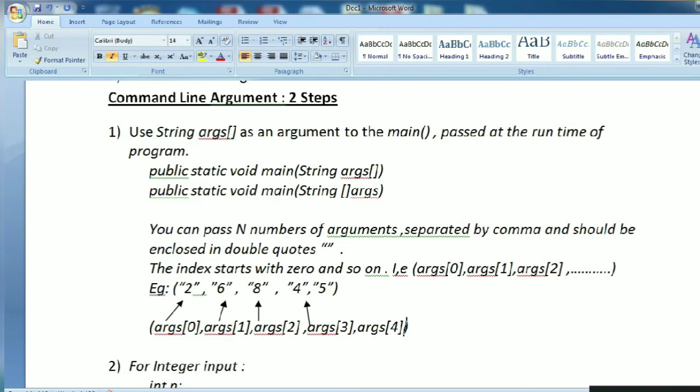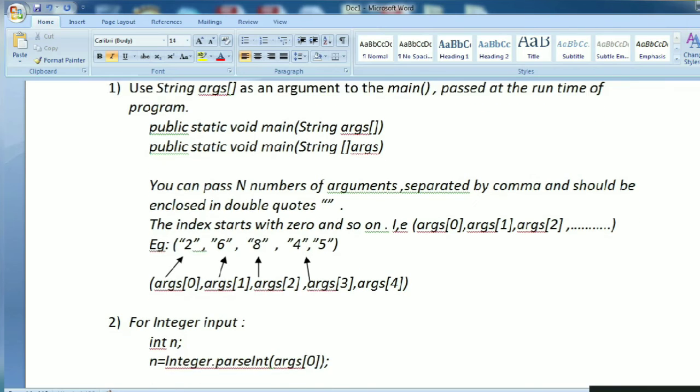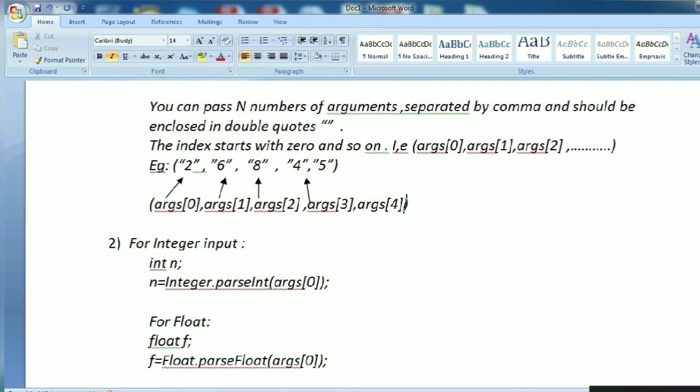This is the first step. And the second step: if you want to enter an integer value, you will use Integer.parseInt, and here you pass your array index, that is args index. Here I have passed 0 to capture 2; if I want to capture 6, I will write the first index.